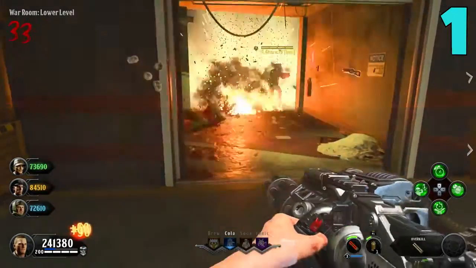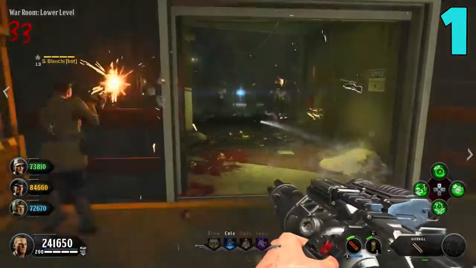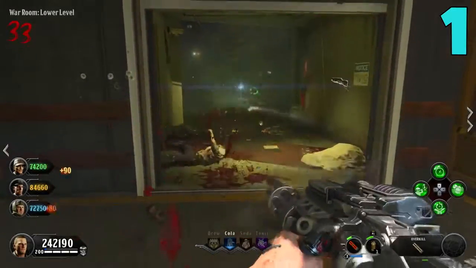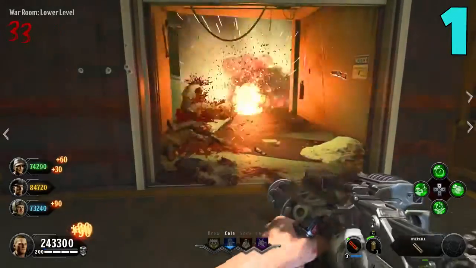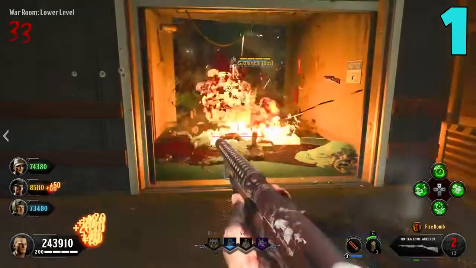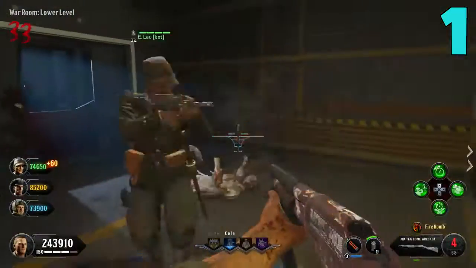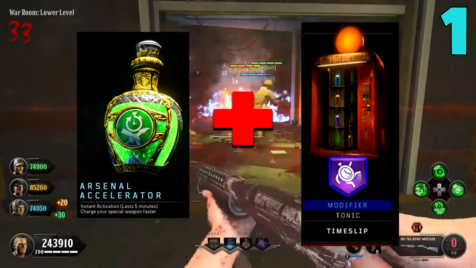The last couple of tips I have for you regarding the strategy: the first thing you want to do when actually in the strategy is steal as many kills from the bots as possible. You want the most amount of kills. Arsenal Accelerator Elixir is fantastic for this because it recharges your Death Machine a lot faster. If you pair that up with the Time Slip modifier, it just charges so fast